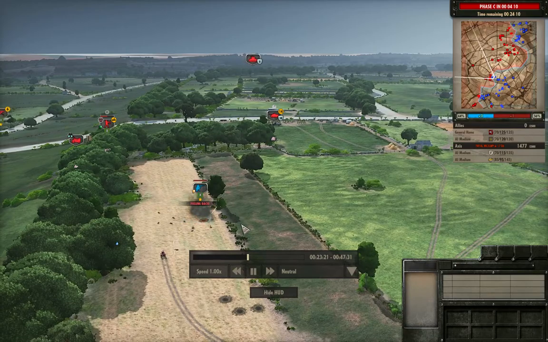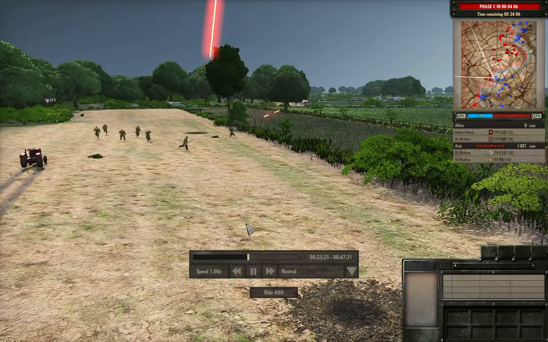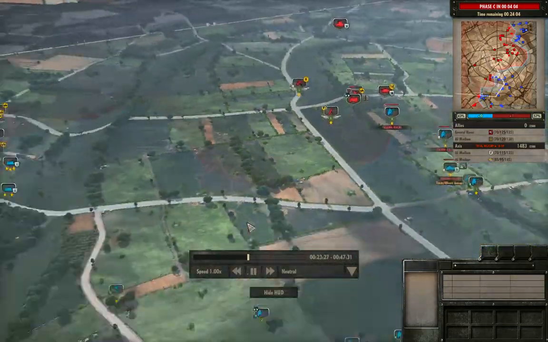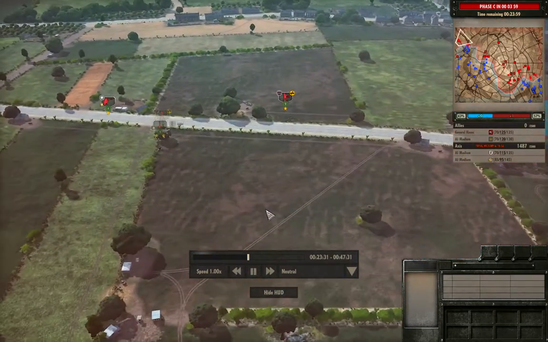And yeah, now it is bringing down some holy hell on these guys, and now the infantry is going to pull back, and they are out there in the open. That is not a good place for them. Alright, the Germans over here have brought...